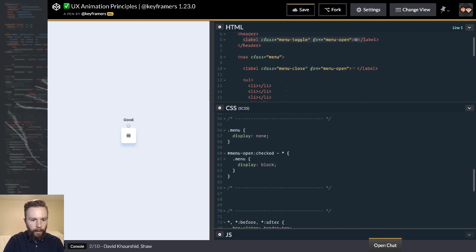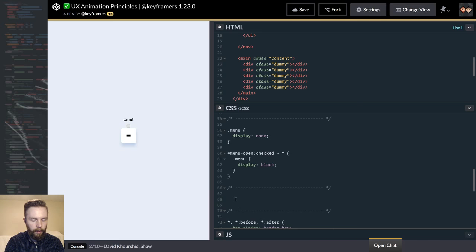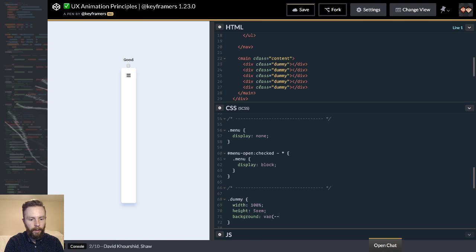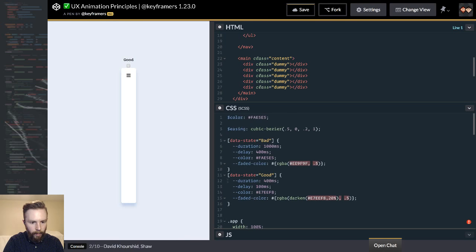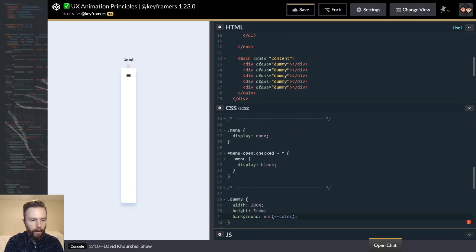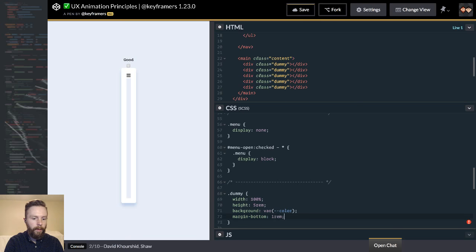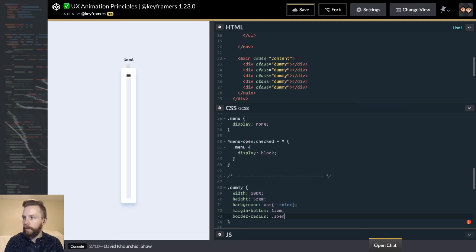Okay, let's get our content. We'll do our dummy content as width 100%, height, let's do 10 rem. Whoa. 5 rem. Okay, that's a little more reasonable. Background, what is it? Color. Let's see. Okay. And then margin bottom 1 rem. Border radius